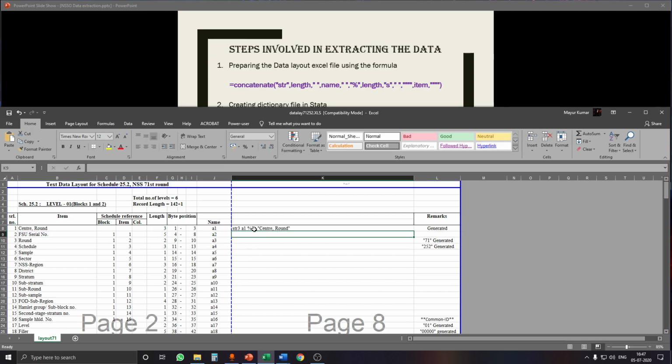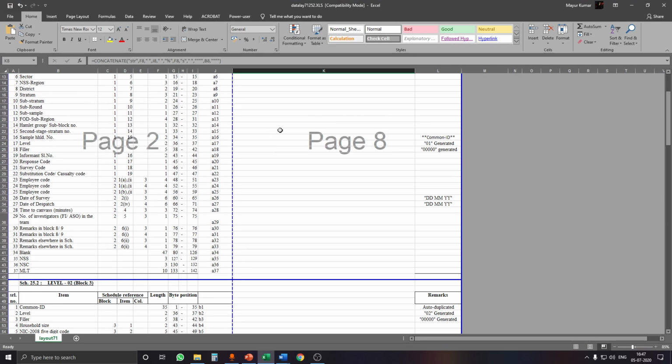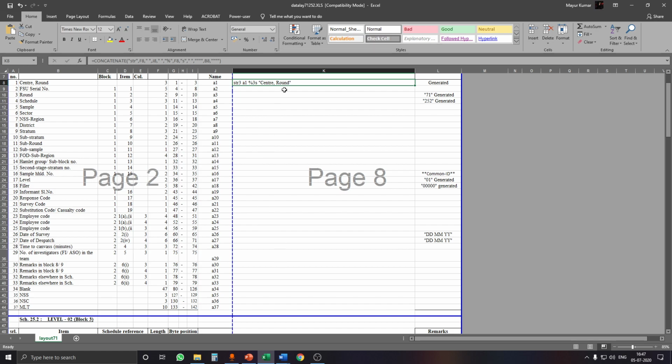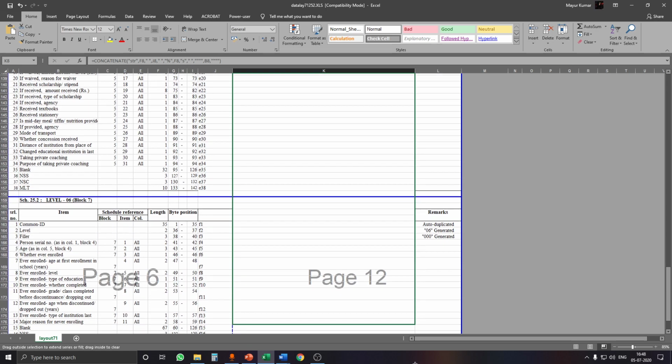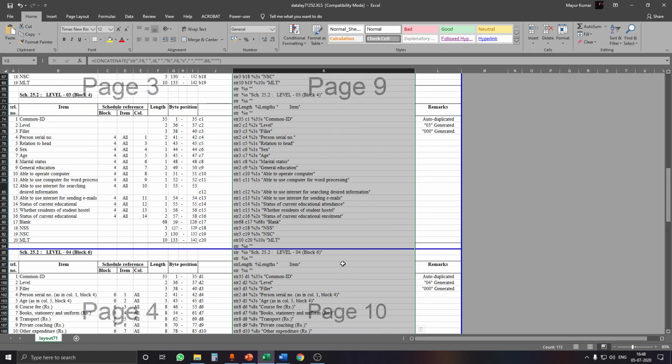So you can see that by using this particular formula we could use different items of the layout in one particular cell. So we have used this particular formula. Now we have to do this for each level, for this entire level, and for all the levels. So we are going to simply drag it till the bottom, and it is automatically going to apply the formula to all the cells.